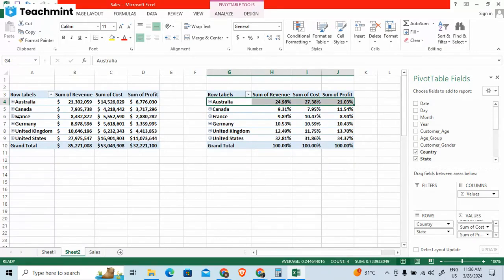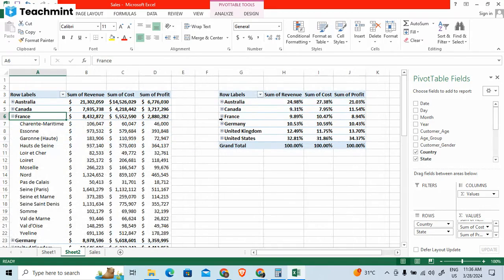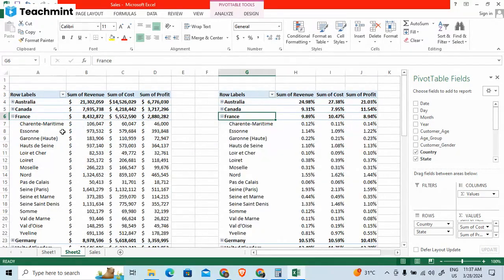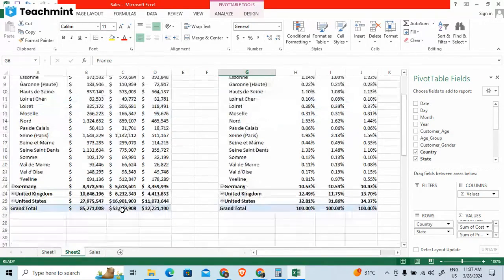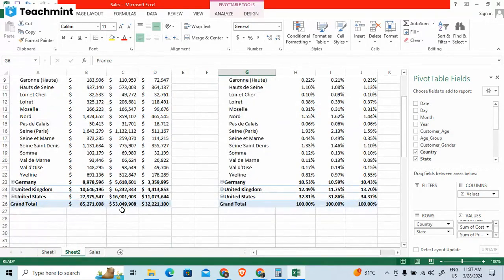And like this way, if we have to check for France, just expand your France. Now here you are getting 46,000 dollars from that specific state. Now it is contributing only 0.14 percentage of profit. So like that way you are getting your data. Okay,